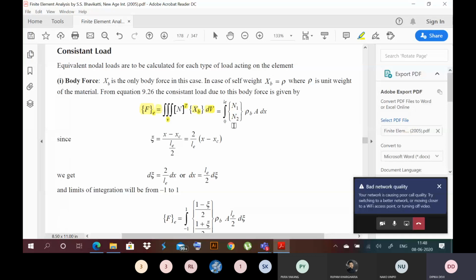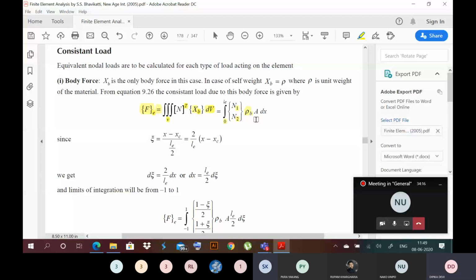And what is the body force? So body force here in this problem is nothing but the unit weight. Though it is not mentioned here, I think inside the problem it is given. The body force is equal to your unit weight. It may be given in terms of density or it may be given in terms of weight. If it is given in terms of density, then you have to multiply it by g, because mass or density is not force. The weight is force. So if rho is given, you have to multiply it by g. Gamma will be equal to rho g. Here they have used rho for unit weight.